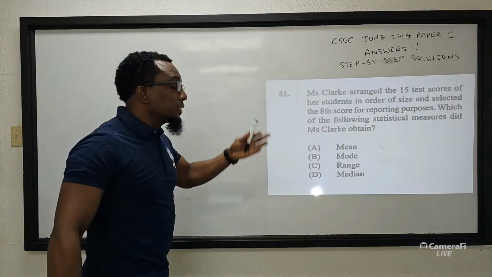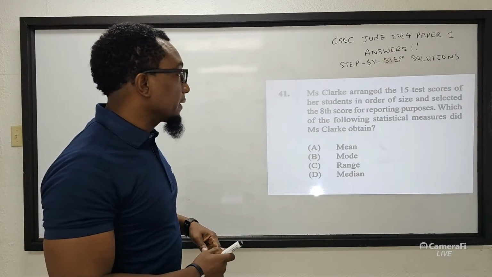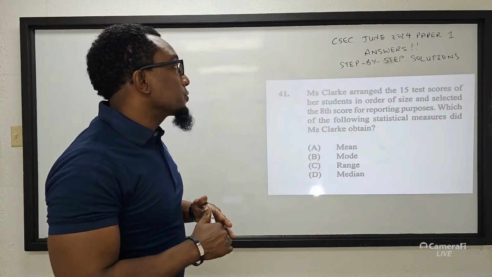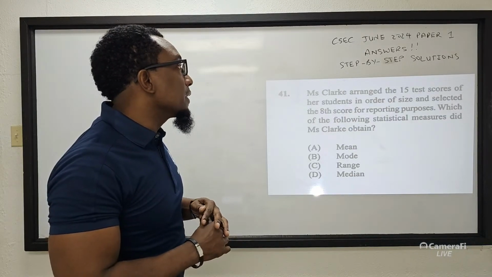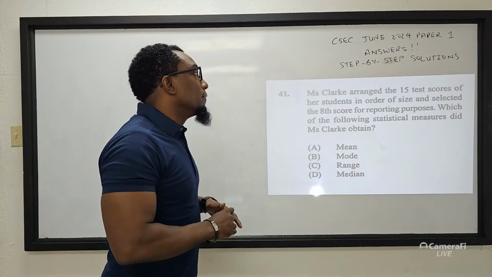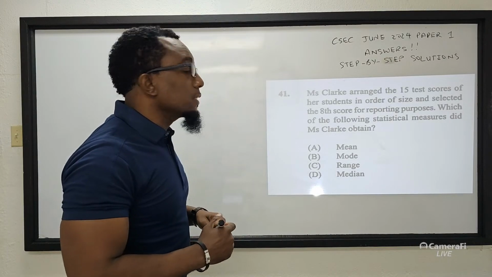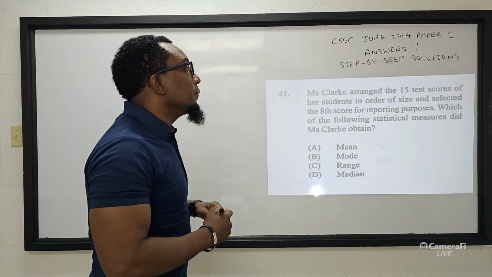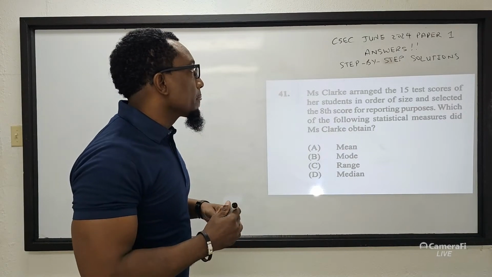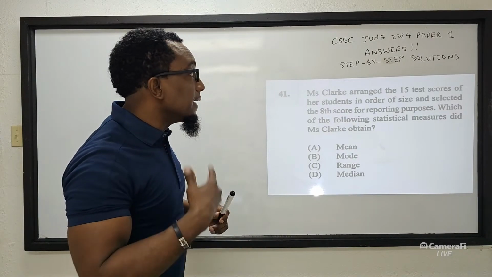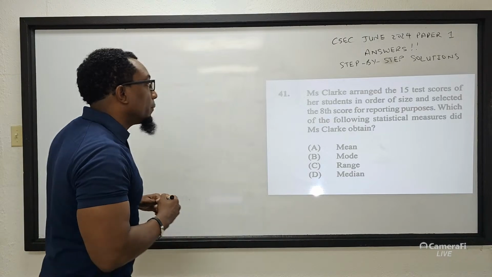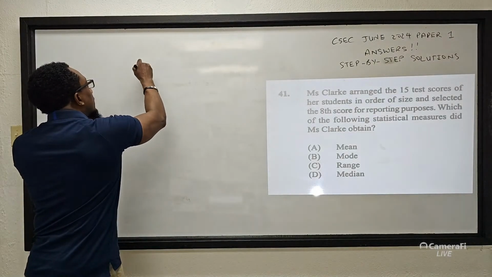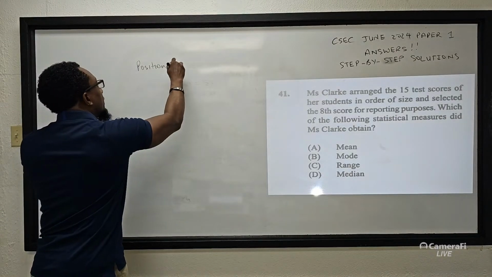So this is another question you would have done when you were looking at our review exercise. Mrs. Clark arranged the 15 test scores of her students in order of size and selected the 8th score for reporting purposes. Which of the following statistical measures did Mrs. Clark obtain? So if you have 15 test scores and she selected the 8th score, then what will that equal to? That will be equal to the median,